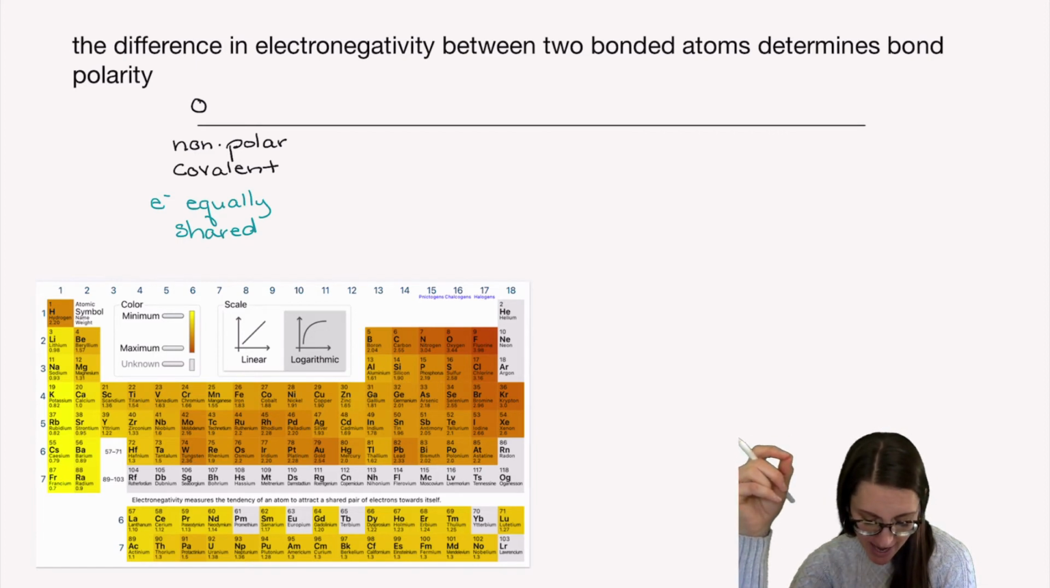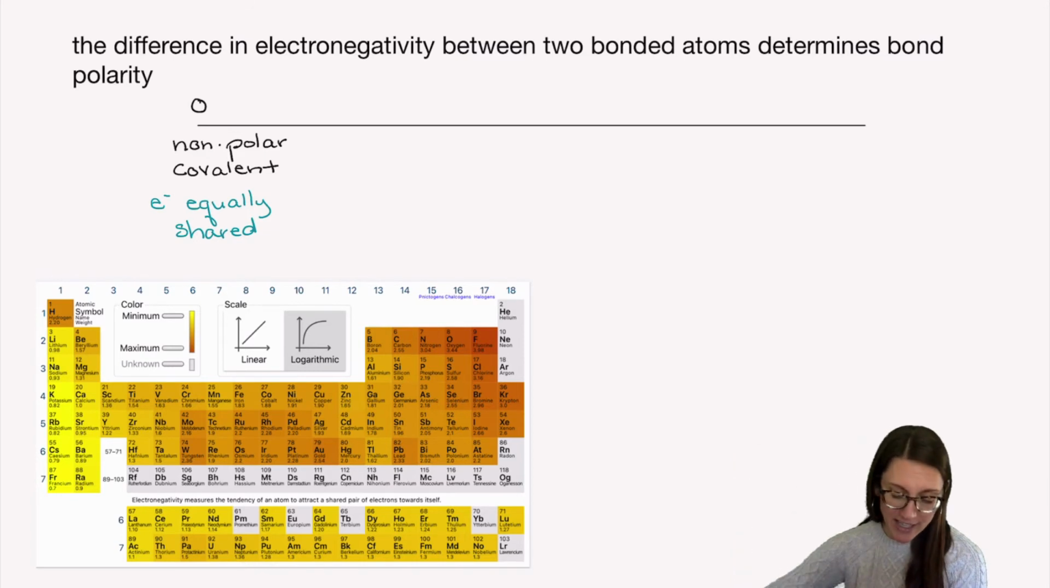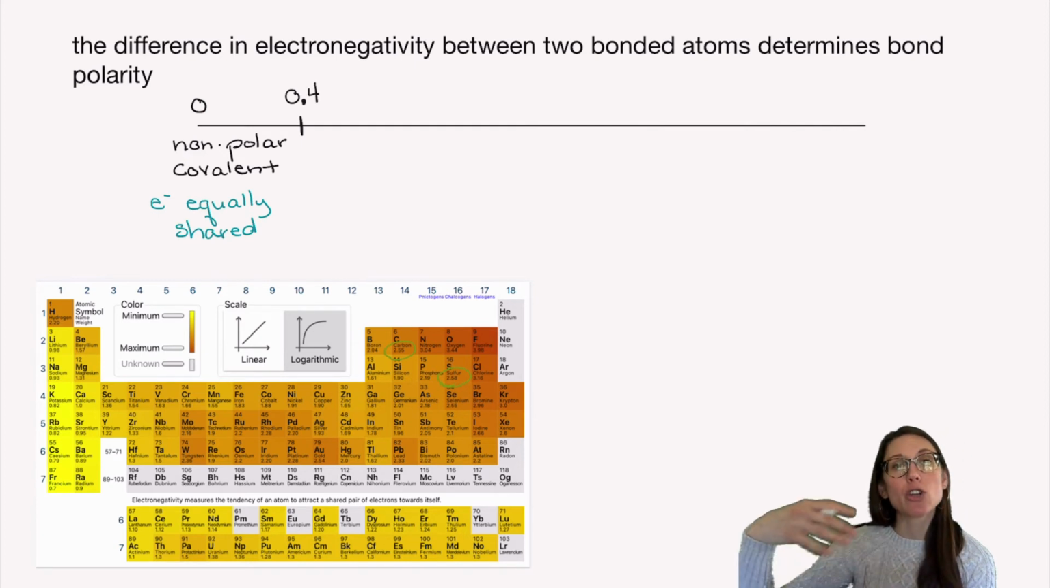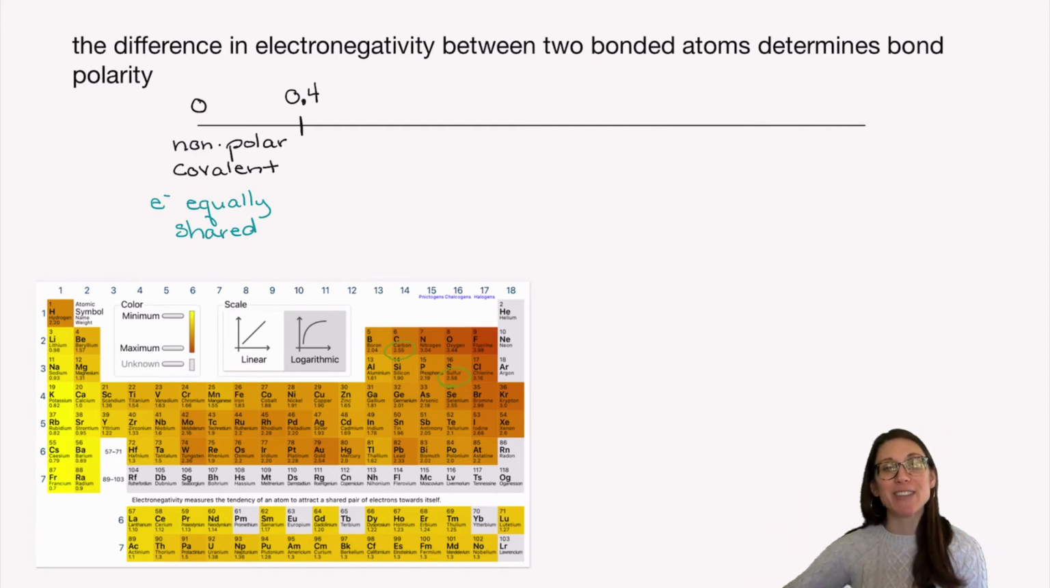So let's say I had something like carbon and sulfur. Carbon has an electronegativity of 2.55, sulfur is 2.58. Those are very similar in their attraction for the electrons. The electrons will be shared equally. That holds up to about 0.4. Right around 0.4, you start having a large enough difference in electronegativity that the sharing of electrons is no longer